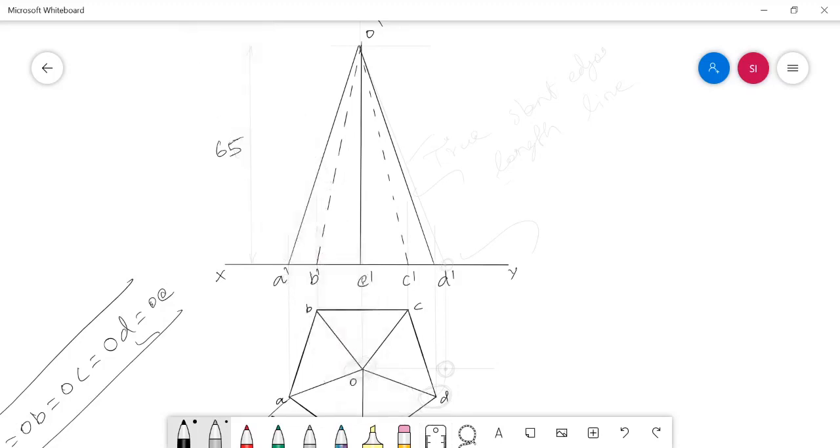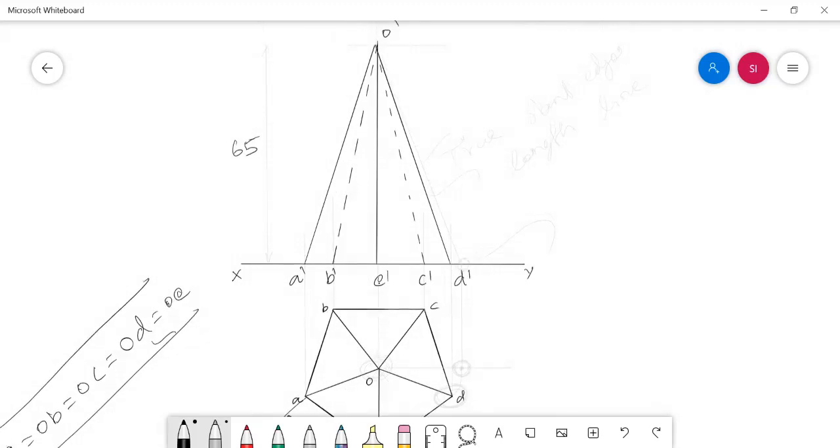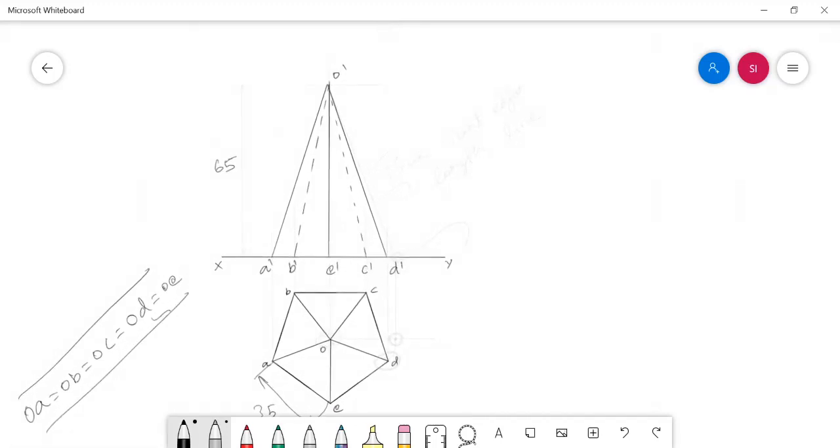For finding out the true slant length of the solid, we are doing this work in an artificial manner. Since there is no slant edge in the top view parallel to xy, I am making any one slant edge parallel to xy in a virtual manner, and I am measuring its length in the front view. I am drawing a virtual top view of an edge and a virtual front view of the same slant edge. Thereafter, I am measuring the length. This length will be the true length of the slant edge for this solid. In this way, I have to measure the true slant edge.